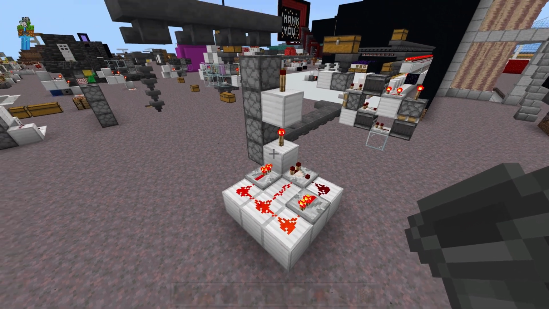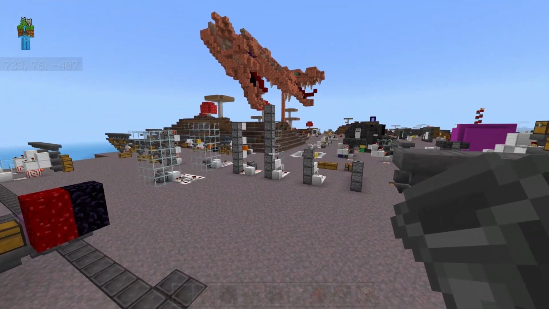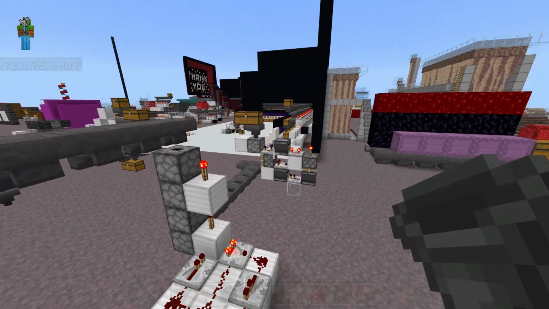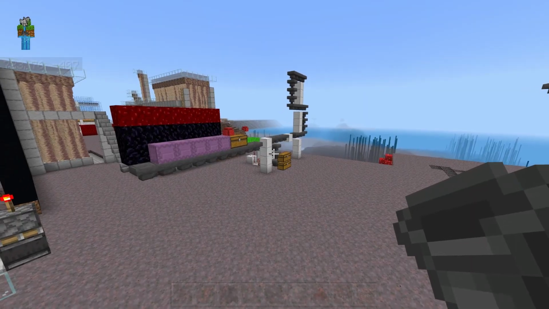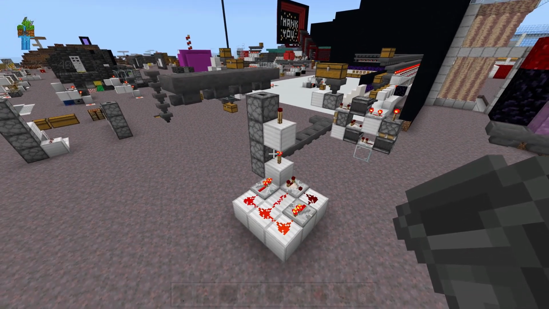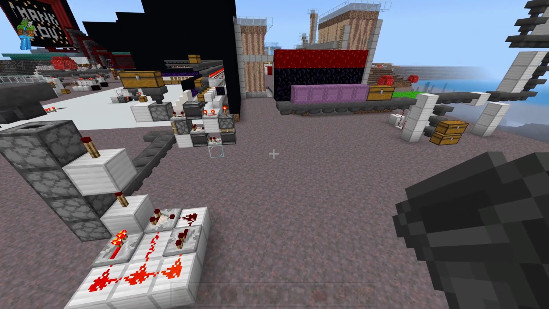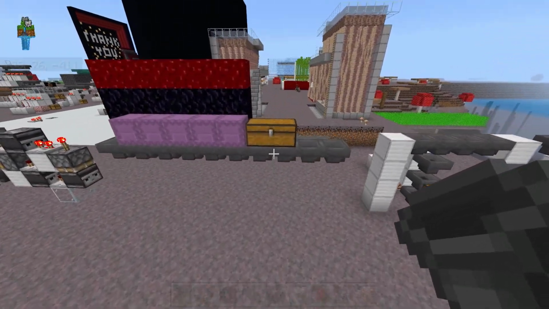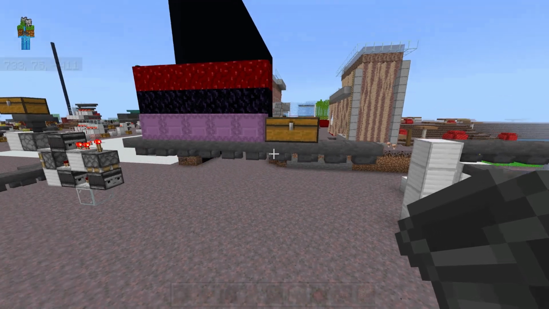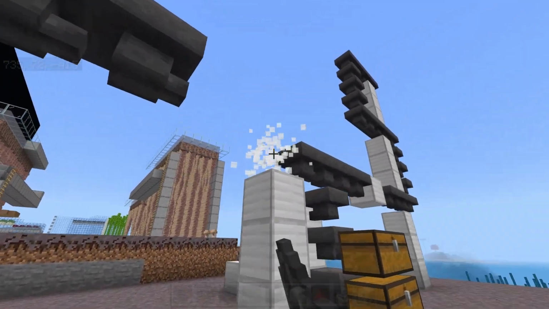And so really, don't worry if you're having trouble planning out your storage system. You can always just insert dropper elevators to give you more room to work with if you want to change something, like add more chests or add another shulker loader. Or you could even bypass the initial dropper elevator if you build your intake above your storage system. To be honest, a lot of times I will build my intake above my storage system, maybe close to my nether portal or something like that.